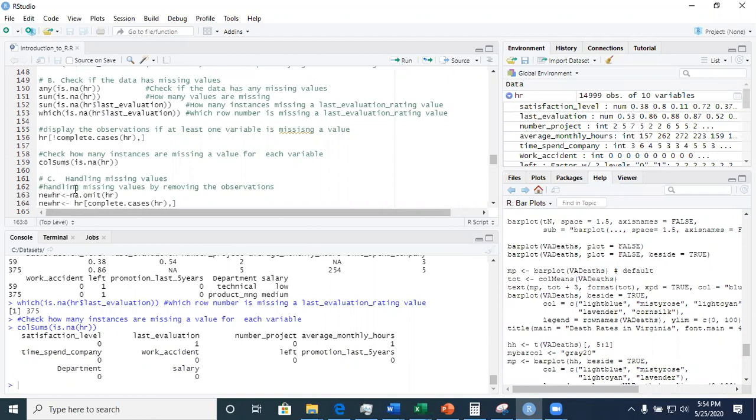Sometimes you want to select only the rows that have a value. One way to do it is this,